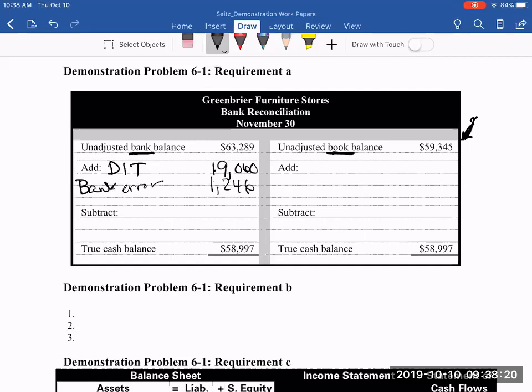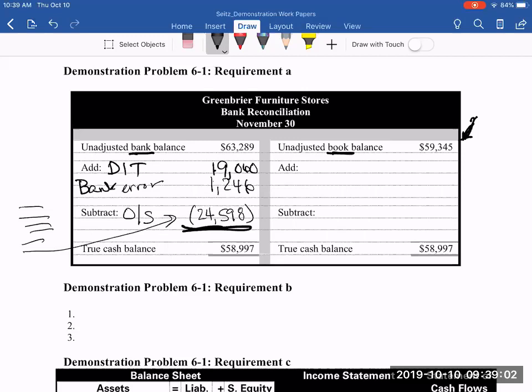Some other things that we would need to look for is things that we would subtract. So we always look for the outstanding checks. So the total of the outstanding checks is $24,598. Now in practice, I like to actually list them all out separately and then come up with the total, but there's not enough room here. But in practice, I would list them all out separately, and then I would come up with the subtotal here. So therefore, doing the math, if you had $63,289, you added these two numbers, $19,060, $1,246. You subtracted out these outstanding checks, $24,598. You should come with a true cash balance of